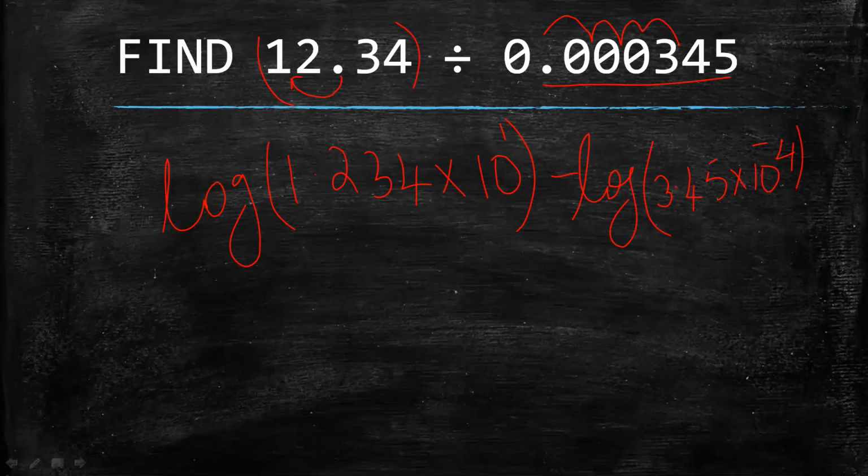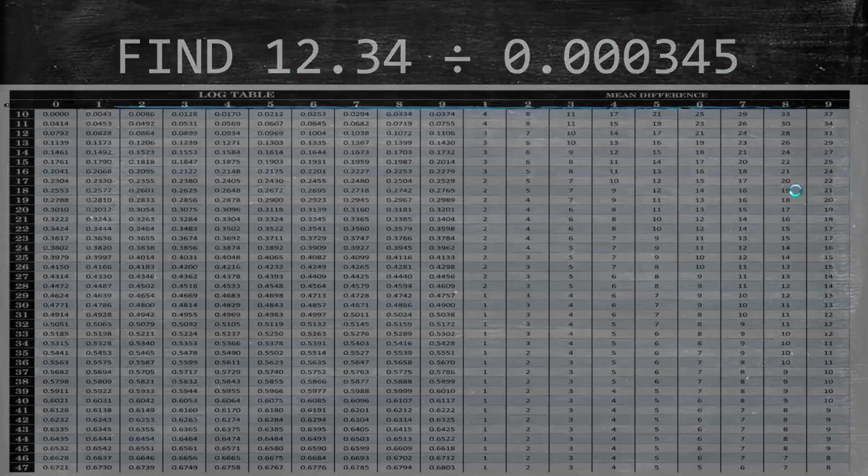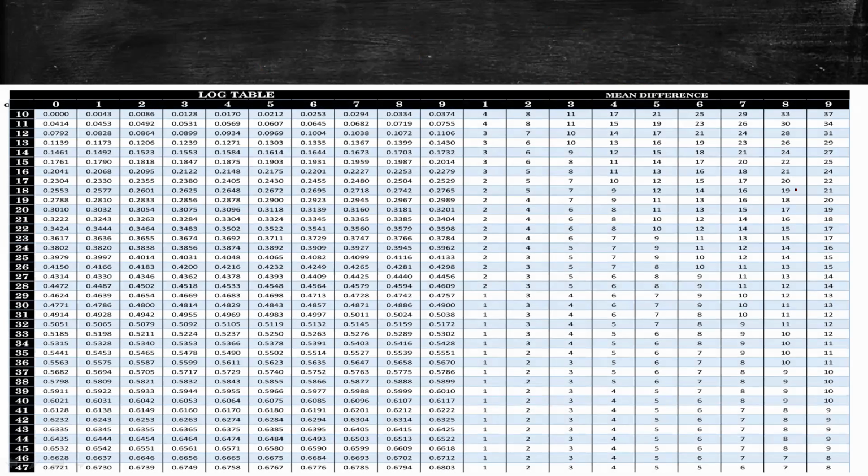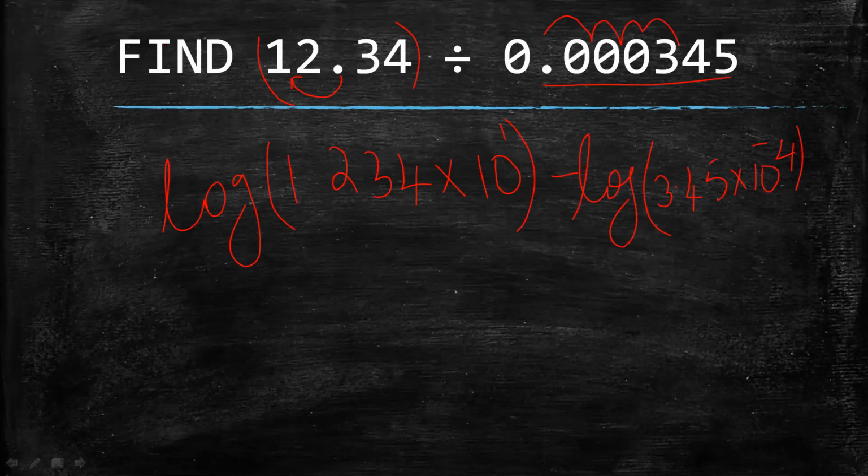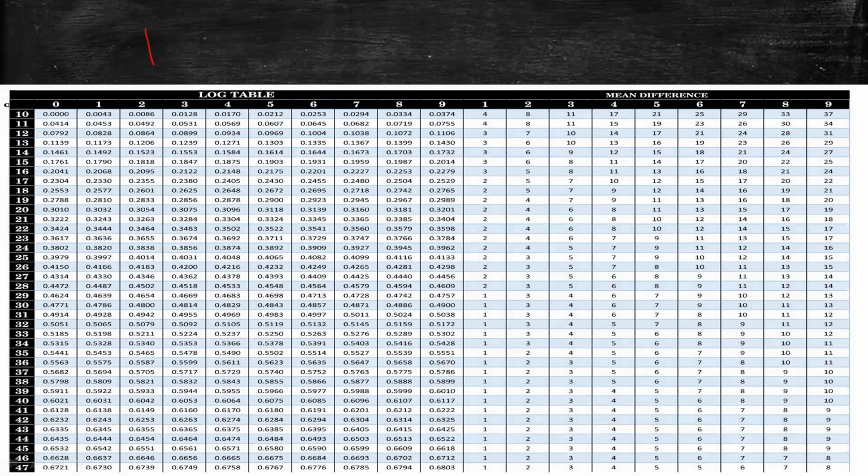Okay, after performing the subtraction, you can take the antilog of the answer which you're going to get. So 1.234 into 10 raised to 1 minus log 3.45 into 10 raised to -4. 1.234 into 10 raised to 1. Log of that value means the characteristic will be 1 only, right? 1 point. Now you have to check 12, 3, 4, right? 12, 3, 4 means 12 against 12. You have to see the number 3,